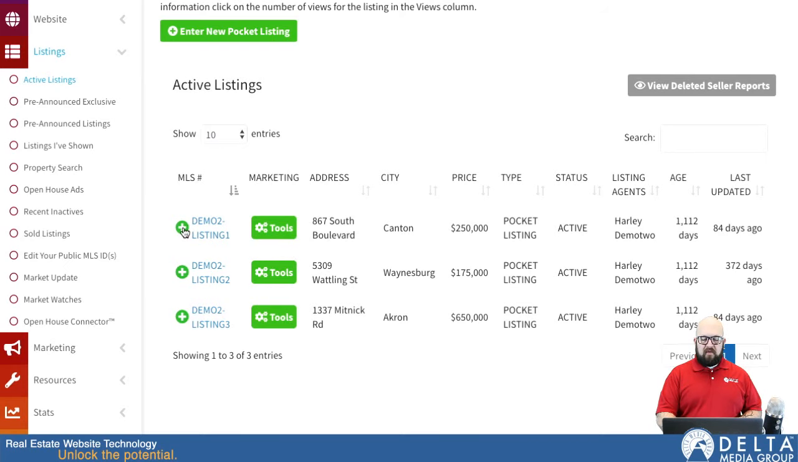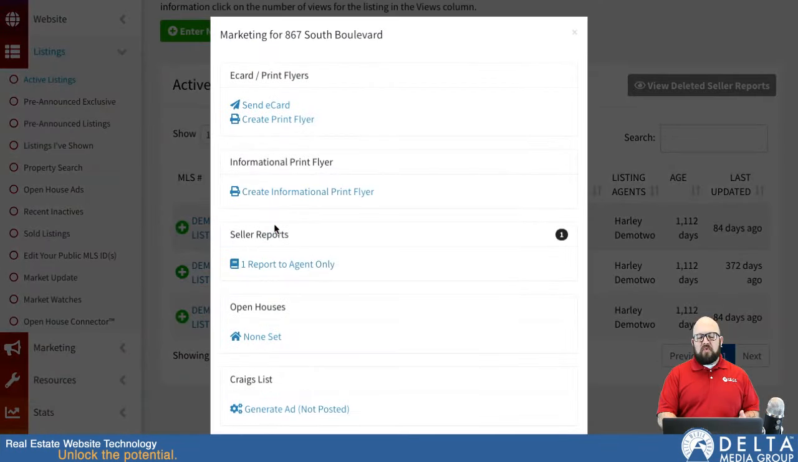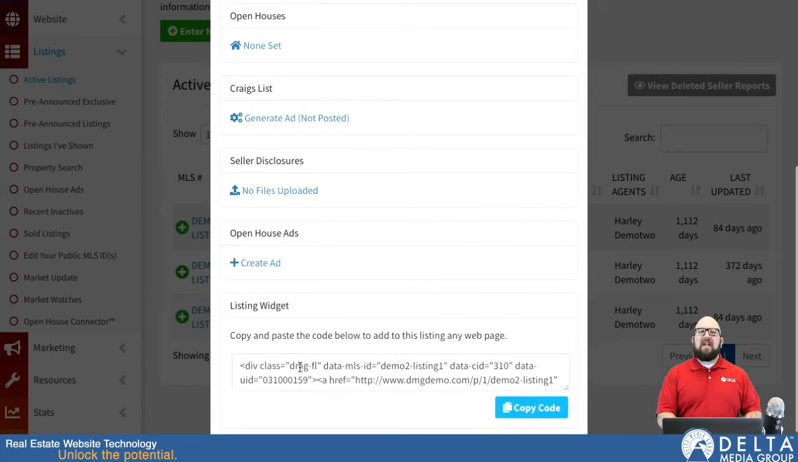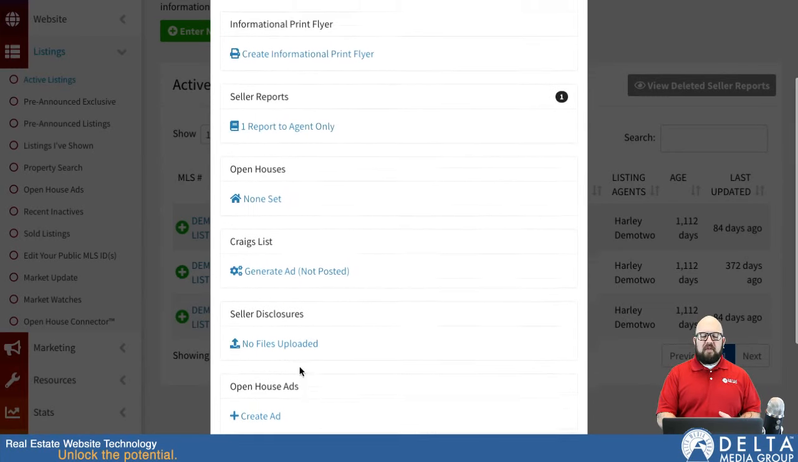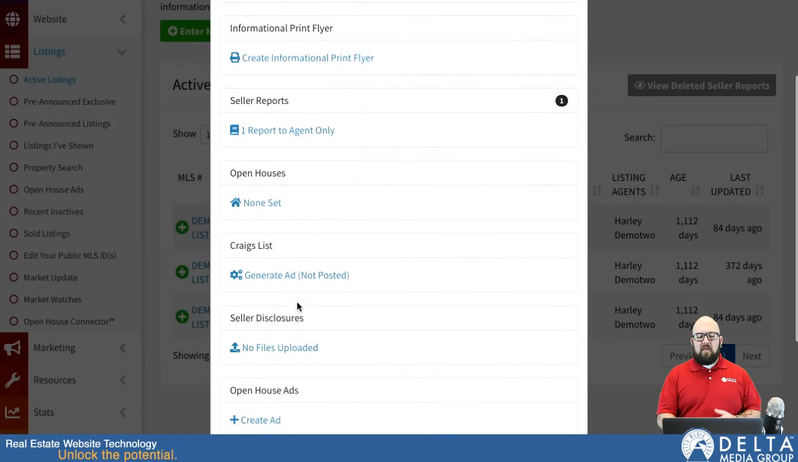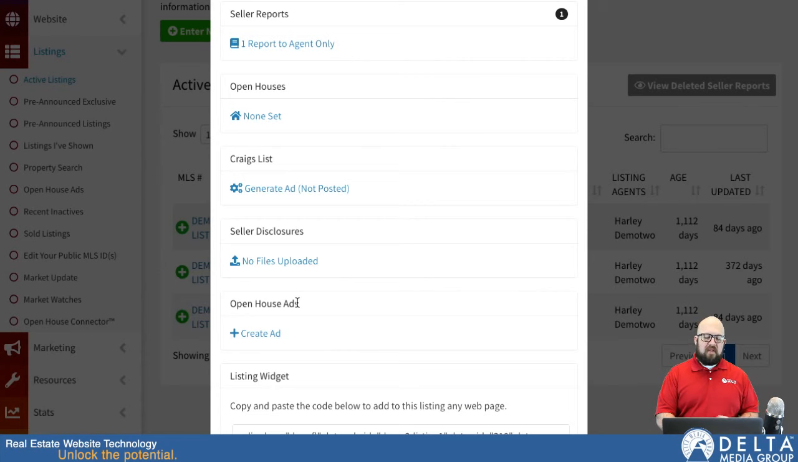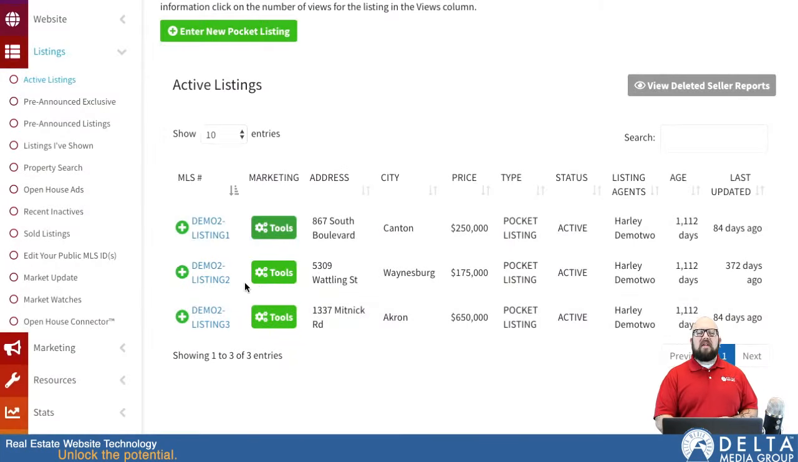But while we're on here, note that if you click the plus sign, it'll expand down here, and you'll see any columns that your browser's not able to display just because it runs out of room. And then also you have this Tools button that gives you access to a variety of different features related to the listing. Mostly it's about creating marketing materials. You can send out an e-card from here. You can create a print flyer, add an open house to the listing. So there are a number of different things you can do here,